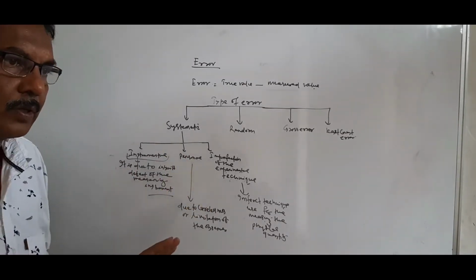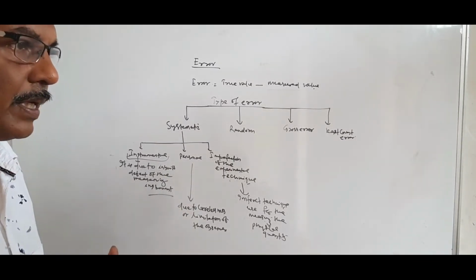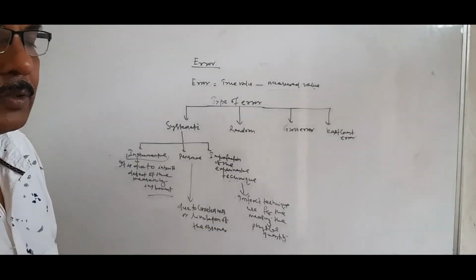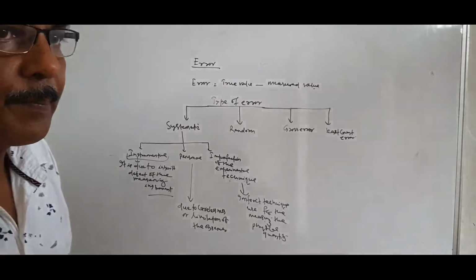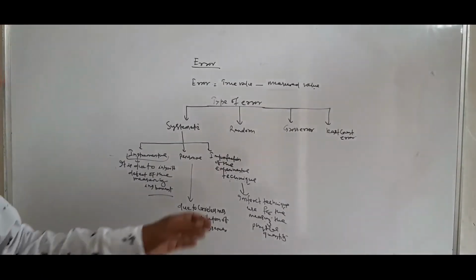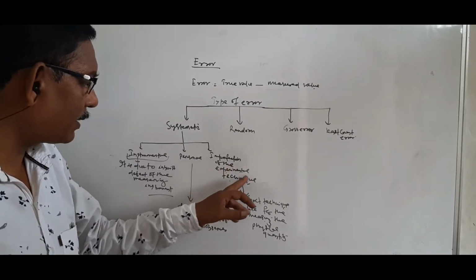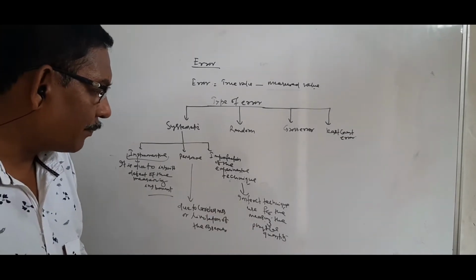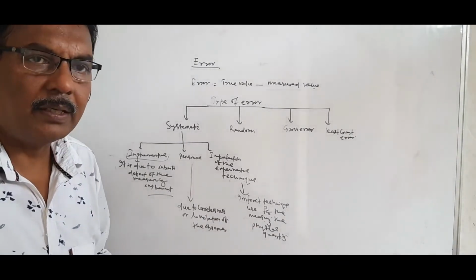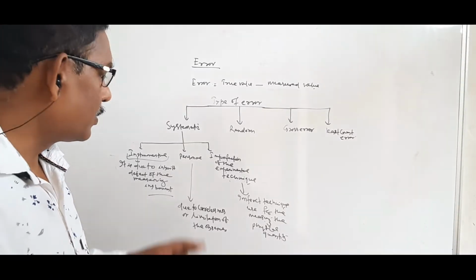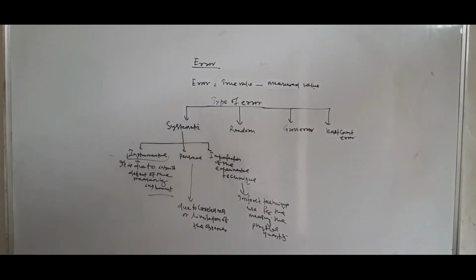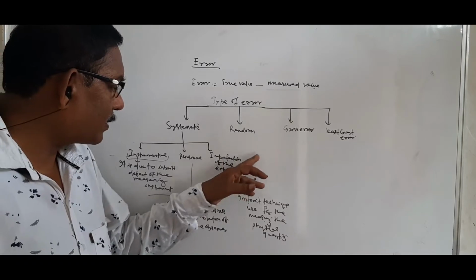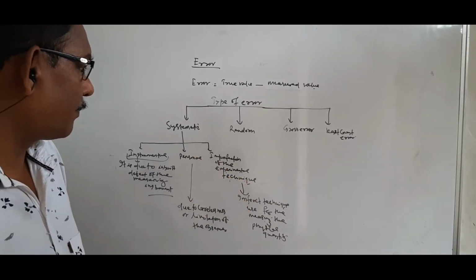Similarly, take personal error. While doing the experiment, due to the carelessness or the limitation of the observer, some error arises. That is called your personal error. Here, the third one, imperfection of the experimental technique. It means the imperfect technique used for measuring the physical quantities during your experiment. Clear? So these are the three types of systematic error. One is instrumental, second one is personal, and third one is imperfection of the experimental technique.